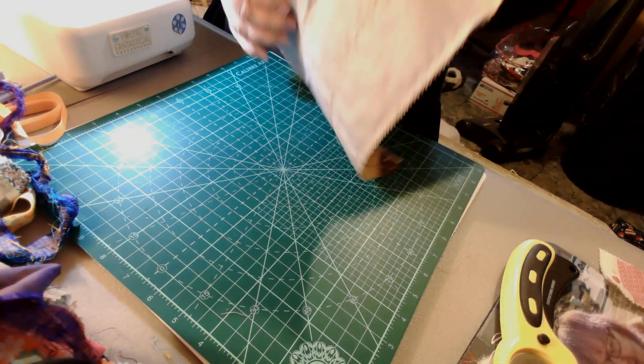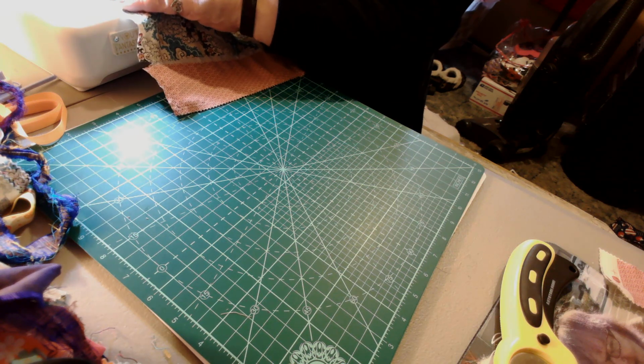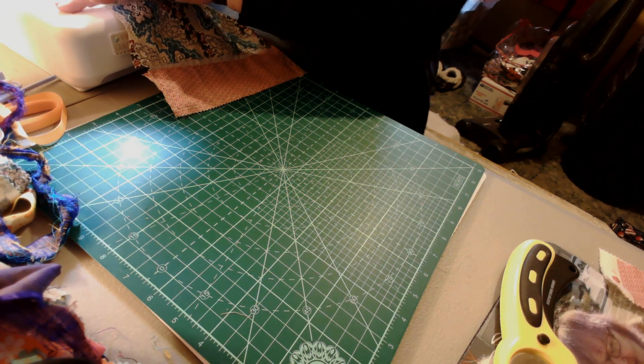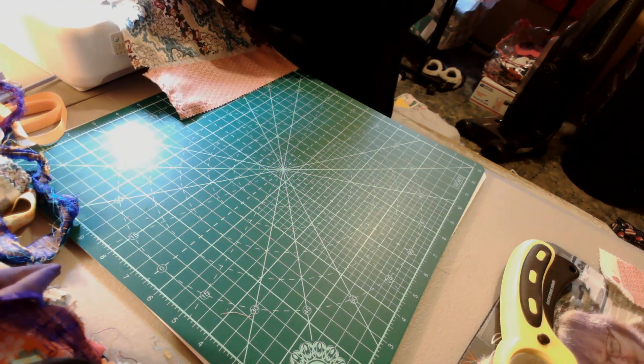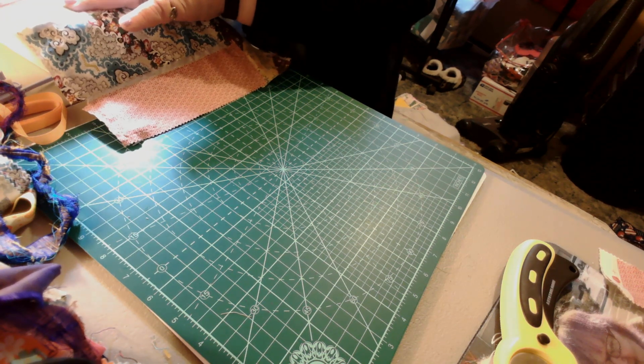That's what I'm going to do with that. So I have taken Gail's perfectly made square, and I'm sure there's a name for that type of square, because there are names. I've got a couple of quilting books that teach you